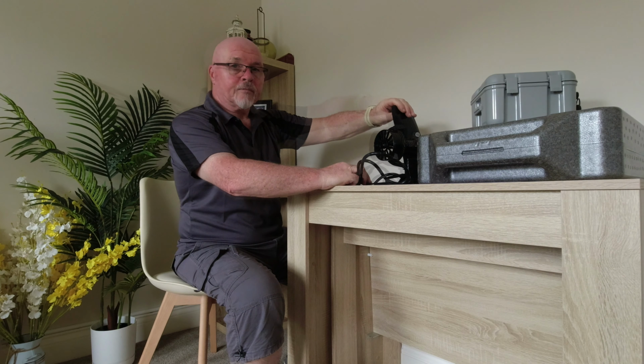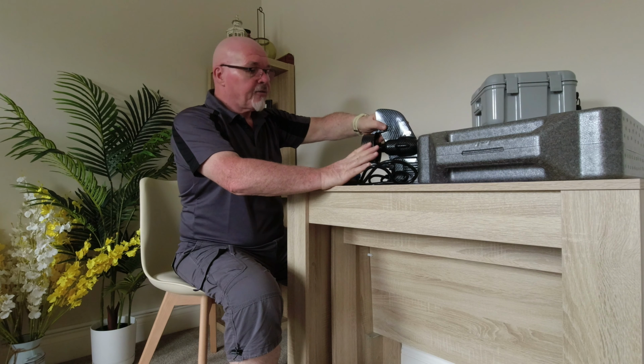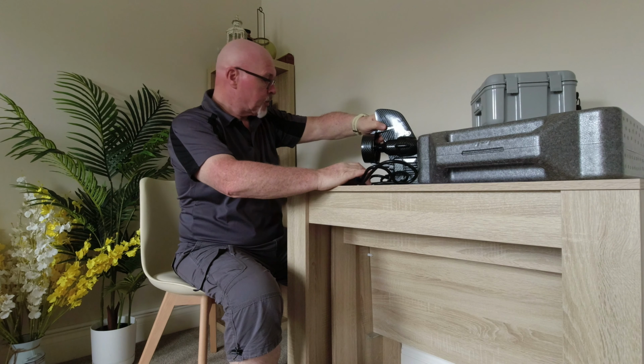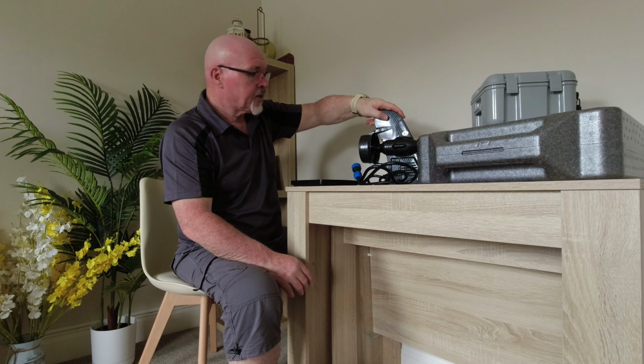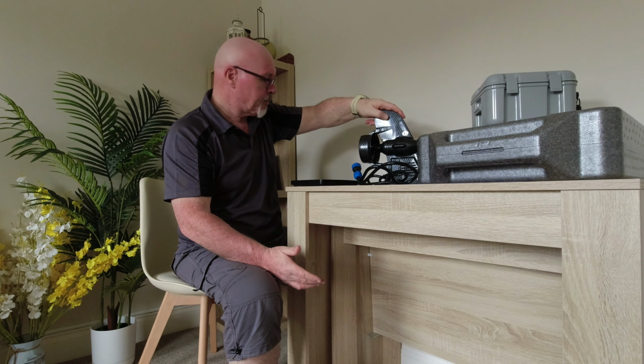Right, before we move on to the battery, the fin power is 160 watts, and this is the manufacturer's stats, so obviously a lot of this will be tested out on the water. The maximum thrust, 18 pounds. They are saying that the maximum speed is 7.5 kilometres, which I believe is roughly 4.6 miles per hour,